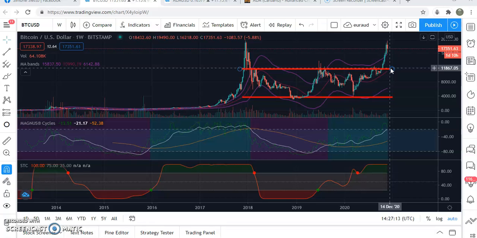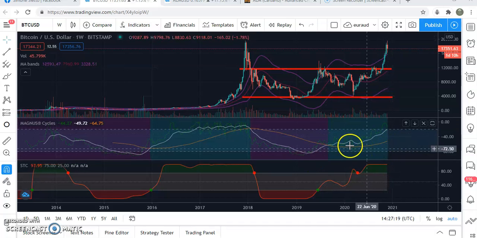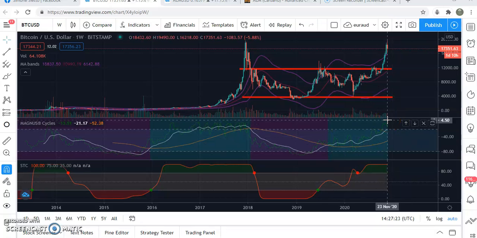Then if we go below 12,000, it means that we have a shortcut of the cycle, and then we have to reevaluate our analysis, because probably we're going to see a descending phase for Bitcoin. Okay, but until there, if we're not going below, to be more precise, 12k, then